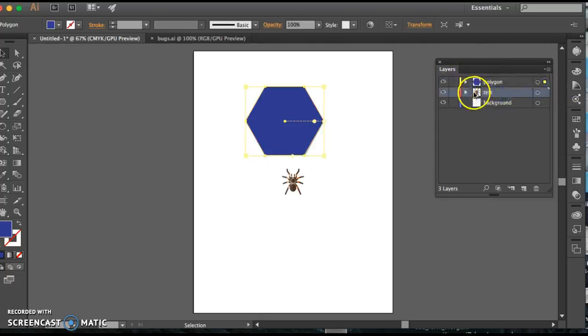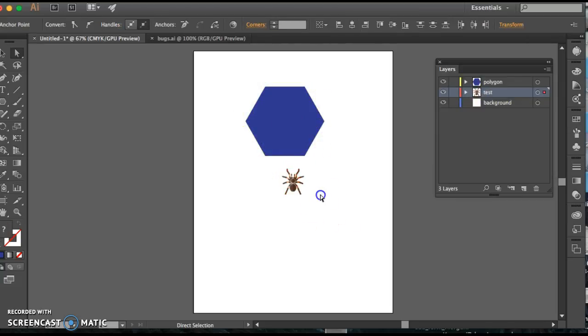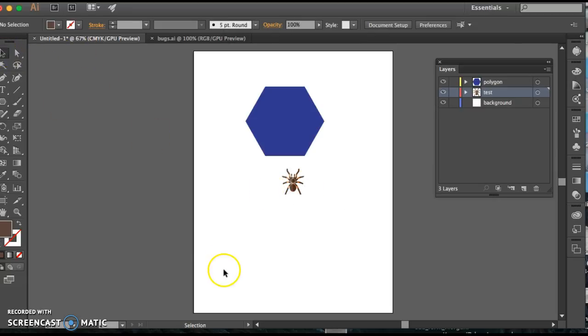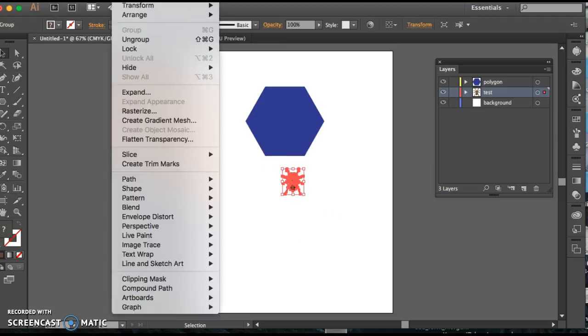So now the test layer has the spider and the polygon layer has this. So you've got your spider, you've got your polygon. You really want to move the spider over the polygon to make this work, but I will tell you, if you copied and pasted the spider over with the direct selection tool, now we've got all these little paths, so we're going to want to group those. So go ahead and grab your selection tool and then make an invisible box select around your spider, and then we'll go ahead and do an Object